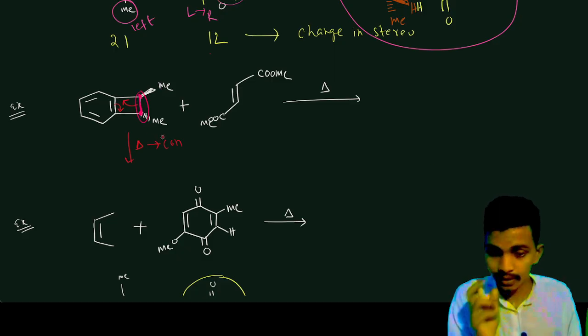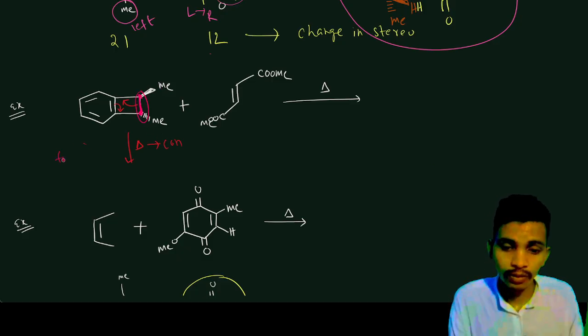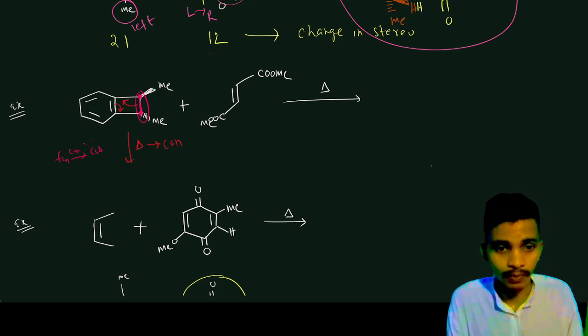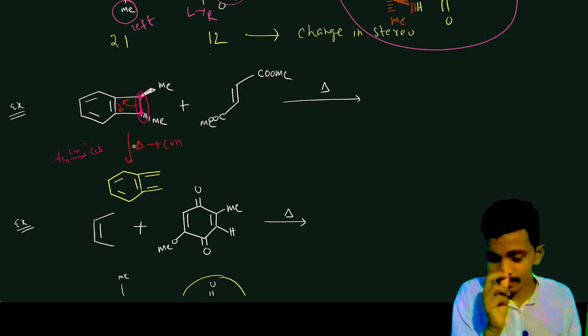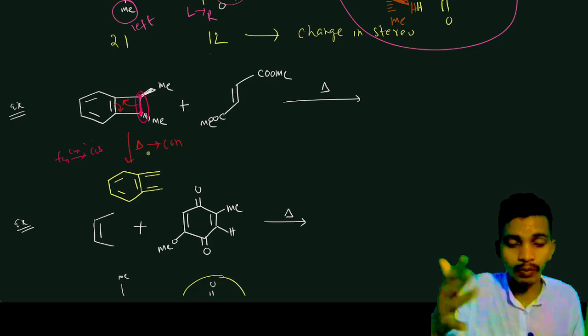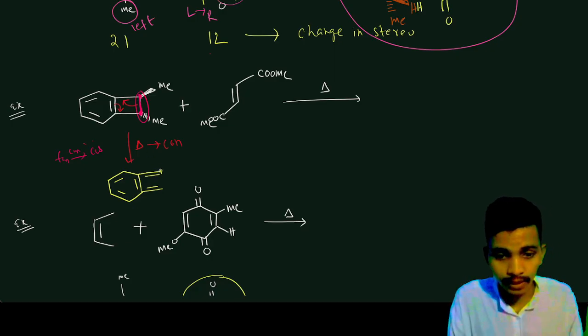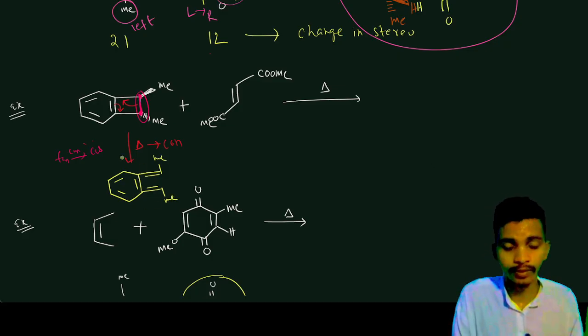Since this is conrotatory, if trans is there, then it is going to become cis. So that is what we are going to get here. This is trans, so it is going to cis. It means this is going to be like this, and this double bond shifted here. And cis means, what we know, if one is out, then all has to be out. It means if one methyl is out here, then the other methyl also has to be out here, because what we know that